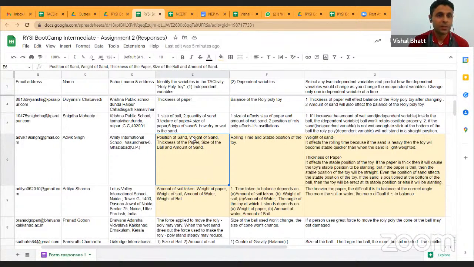Okay, sir. So by increasing the diameter or the size of the ball, as Darsh told, you also need to increase the amount of sand because they have told that you need to put 1/4 of each hemisphere. But in case you don't put 1/4 of each hemisphere, you make it more or you make it less. The heavier the weight, probably the center of gravity is more, so it won't roll a lot. It won't roll much. But if the weight is less, since there's not much gravity, it will roll more, and